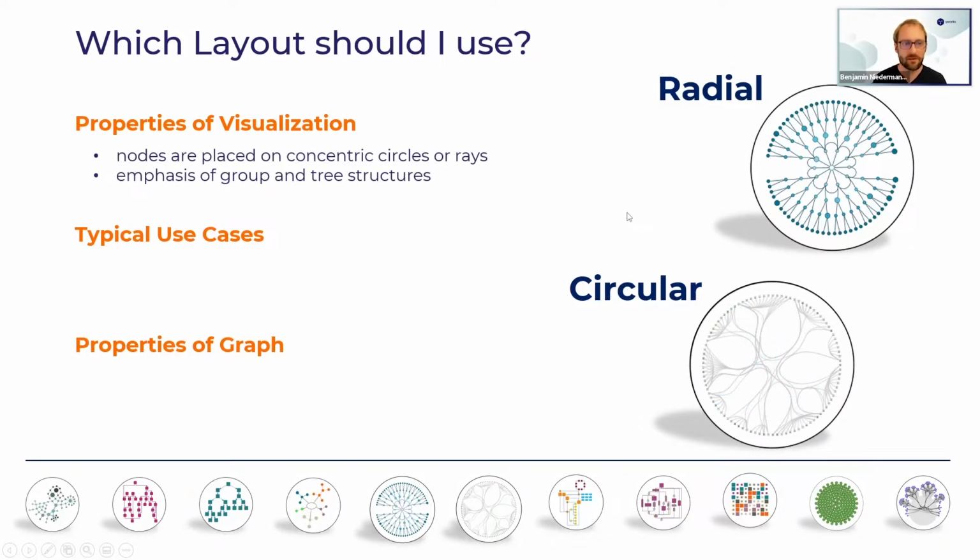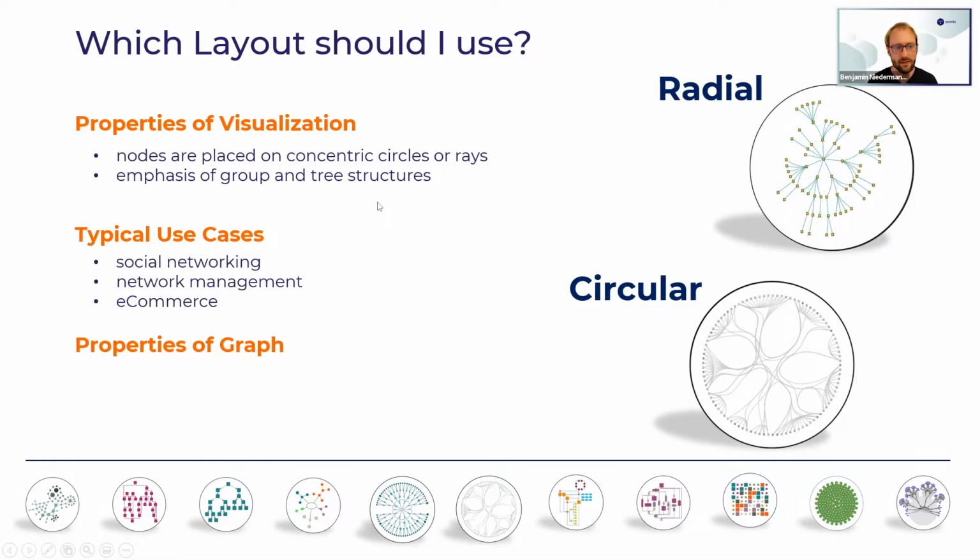And the question is, when can you use them? The nodes are placed on concentric circles or arrays, as I already said, and you get a very clear emphasis on group and tree structures. Typical use cases are, for example, social networking or some other kind of network management. For example, here in the upper corner you see this radial layout, and there are no labels for this visualization, but